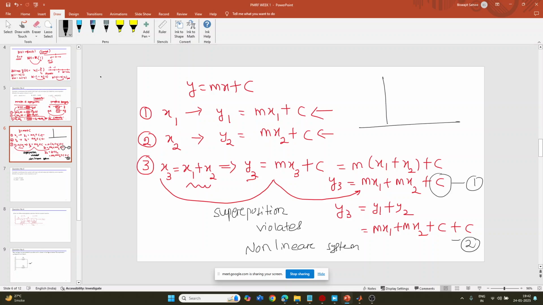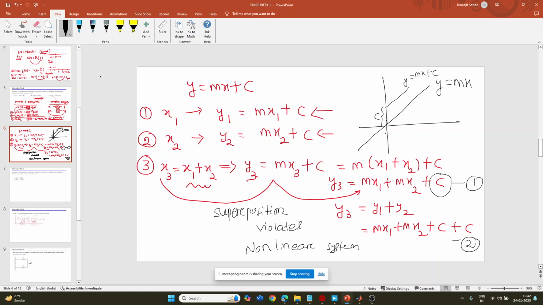Look here, y equal to mx plus c. This is the equation y equal to mx. It is passing through the origin. Everyone knows that this equation is passing through the origin. It is a straight line passing through the origin. It is a linear system. By default, I'm damn sure it is a linear system. But if you shift this equation upward, then y equal to mx plus c is this equation having a y-intercept c.